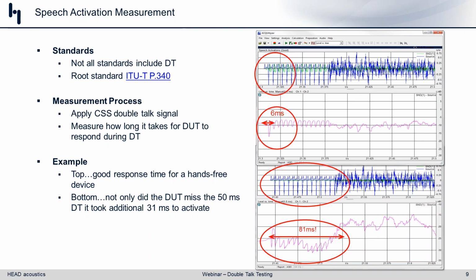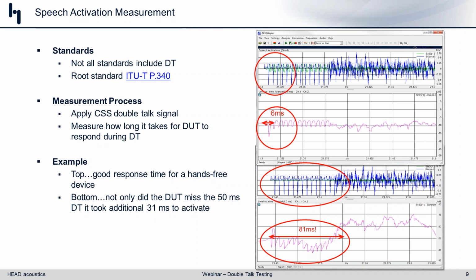So in my case, if we're looking at the time domain up here, you see the source is in blue. This is what we know we sent to the HATS mouth, and the green hidden behind it is what was sent from the device. And if we do the level versus time subtraction of the two, you can see that after a very short amount of time, this device converges, tracks very well what's going on with the source signal, and so the activation is very, very short. It's a good response